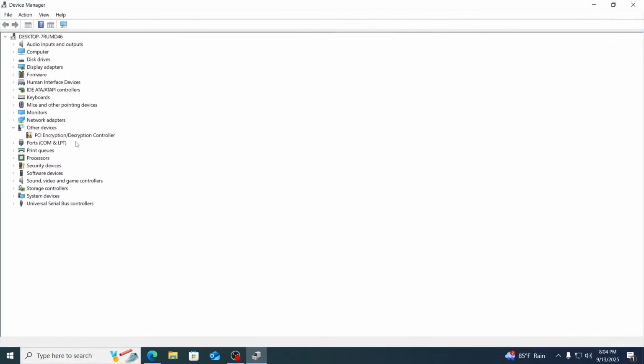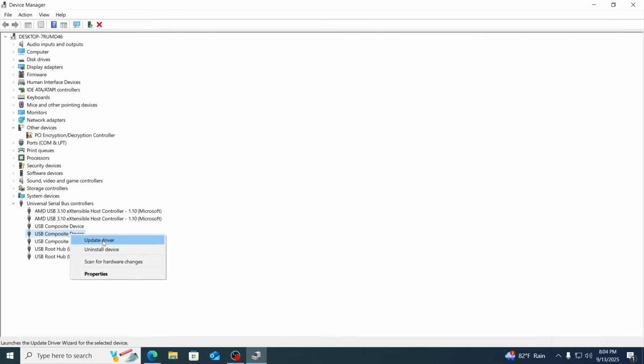From here, you're gonna find all the parts and their drivers. Just go to Universal Serial Bus Controllers, which is the USB controllers, and expand this. From here, you're gonna find a lot of things, and if you find one with the alert icon, that means that's the issue. For example, I don't have it here right now. Let's say this was the alert icon. Let's say this was my problem, so I would just click on it and right click on it,